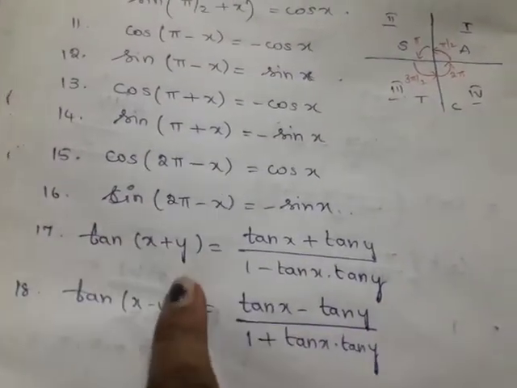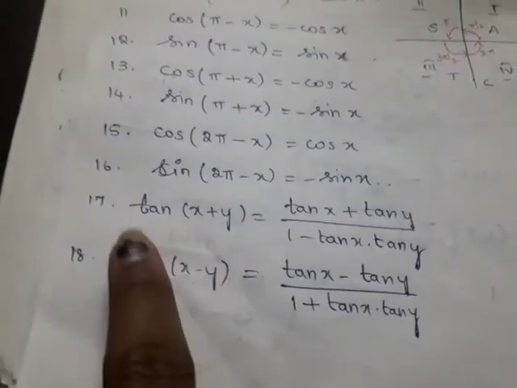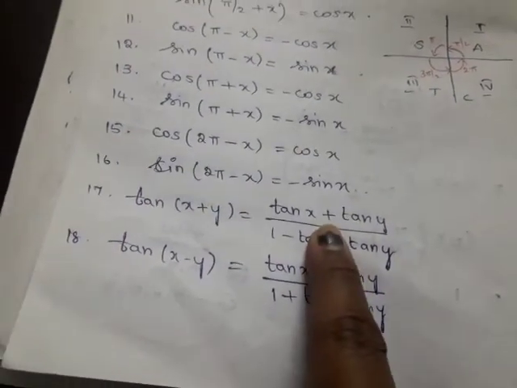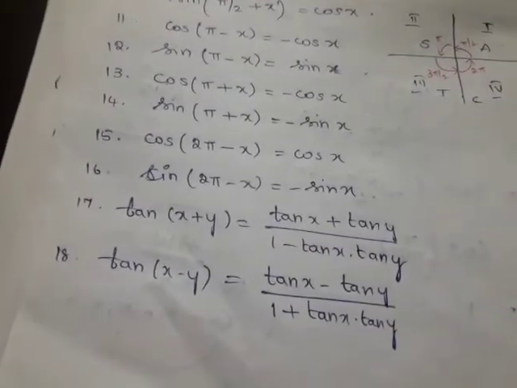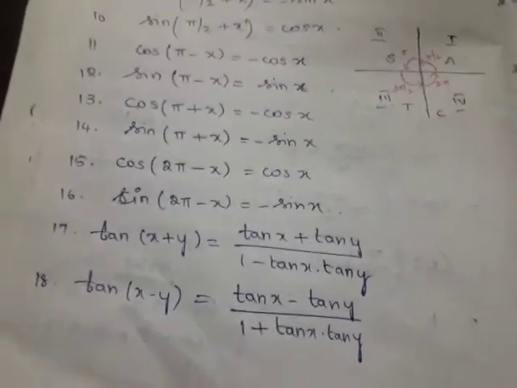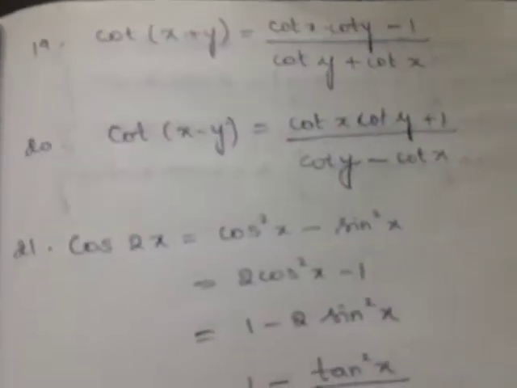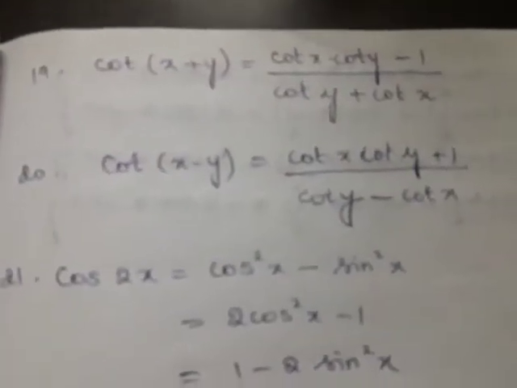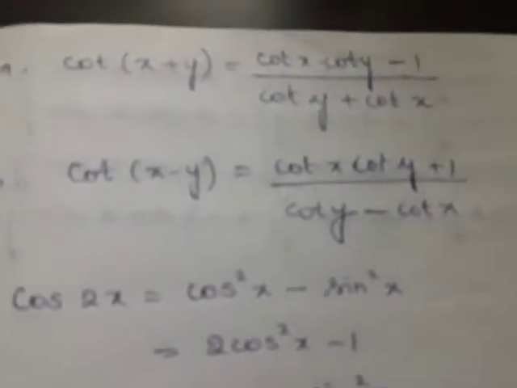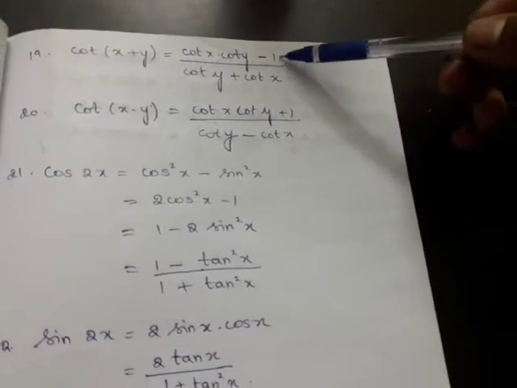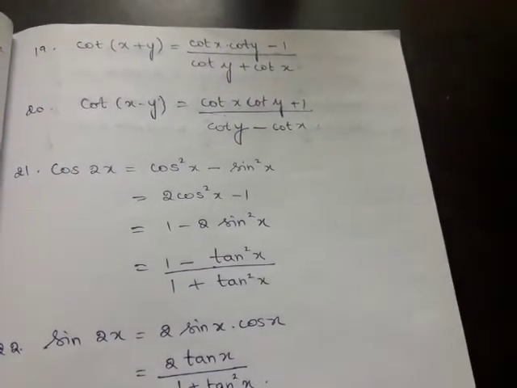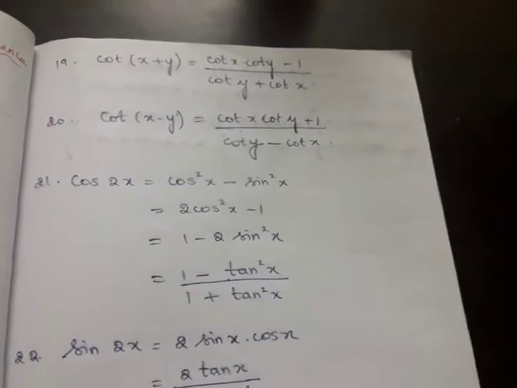And here also I can give you a clue. Tan is sine by cos. For sine of x plus y, we are using the sign plus only. The same way the numerator is going to be plus only, as tan has the numerator sine. In that way you can remember. Then cot of x plus y, cot of x minus y, as I told earlier, cot is the reciprocal of tan. So the denominator of tan has become the numerator, and the numerator of tan has become the denominator, right?